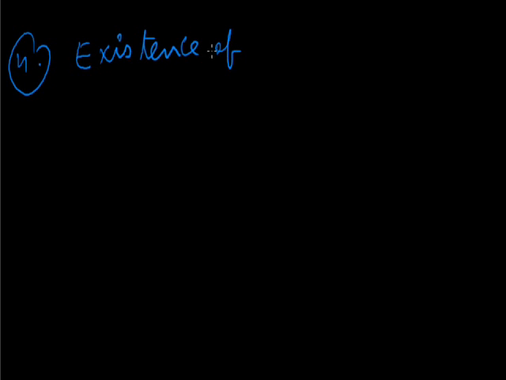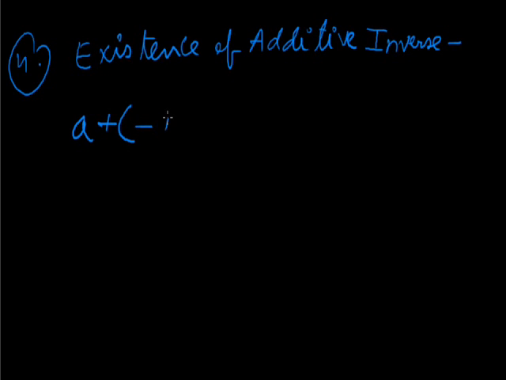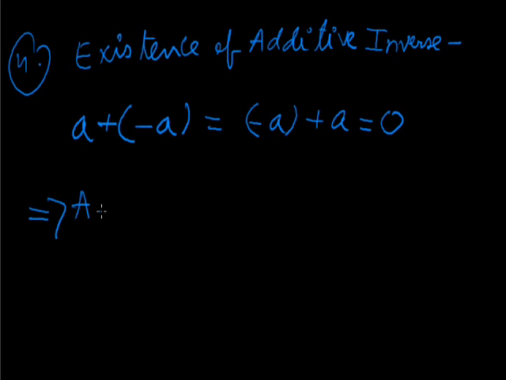Existence of additive inverse. Now according to this property, a plus (minus a) is equal to (minus a) plus a, which gives you the answer 0. It means that the opposite of an integer a is minus a, and the sum of an integer and its opposite always gives you the answer 0, which implies that additive